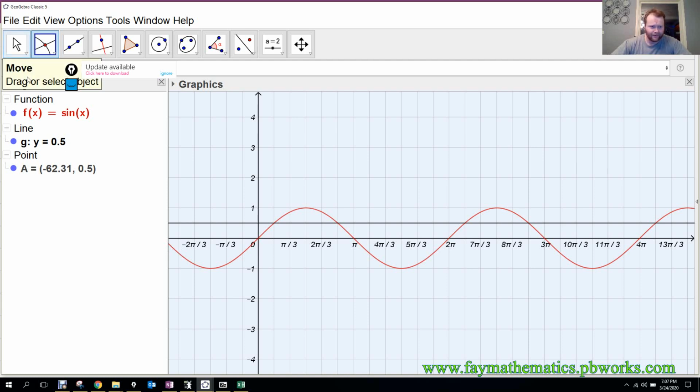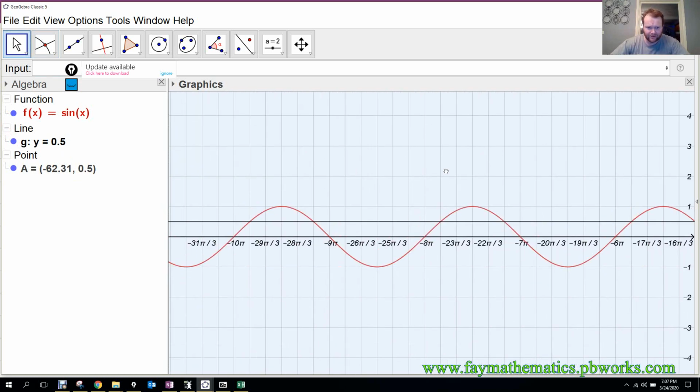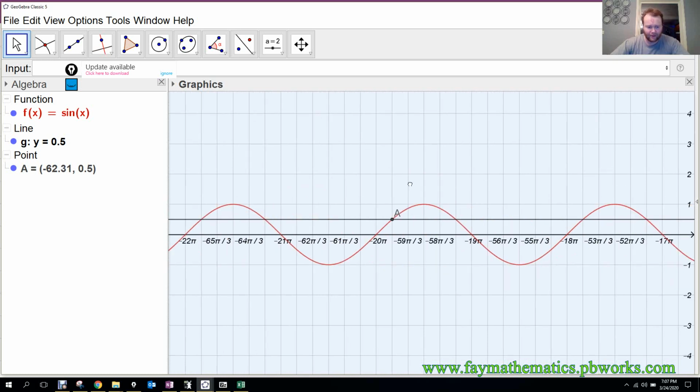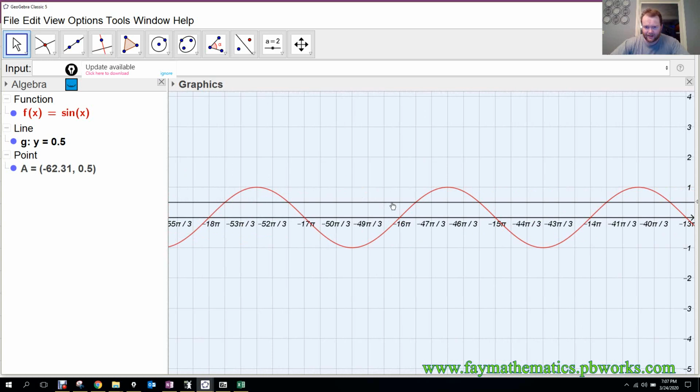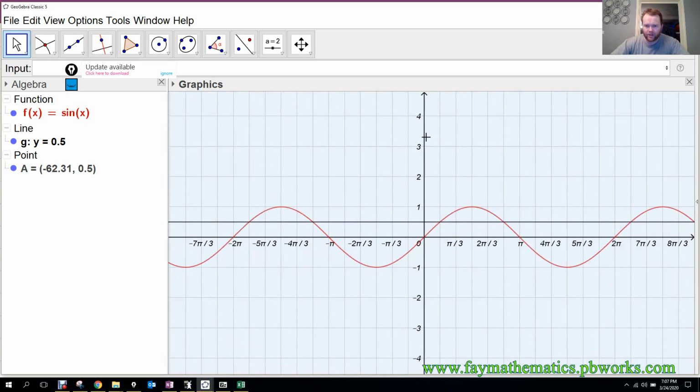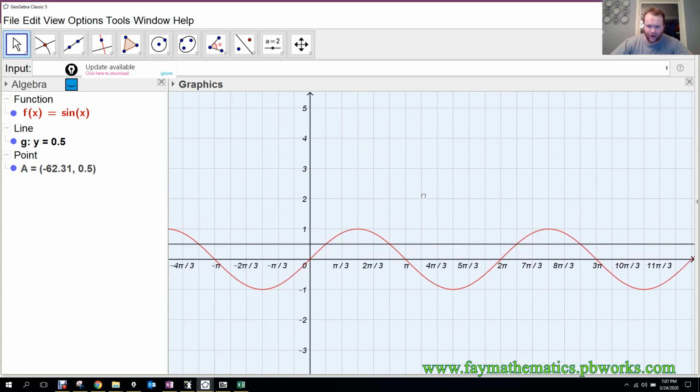And for some reason it's giving that point all the way over there. I don't know why it's giving that one, but that one is then the same as that one, which is the same as that one, which is the same as that one. So the way we could replicate